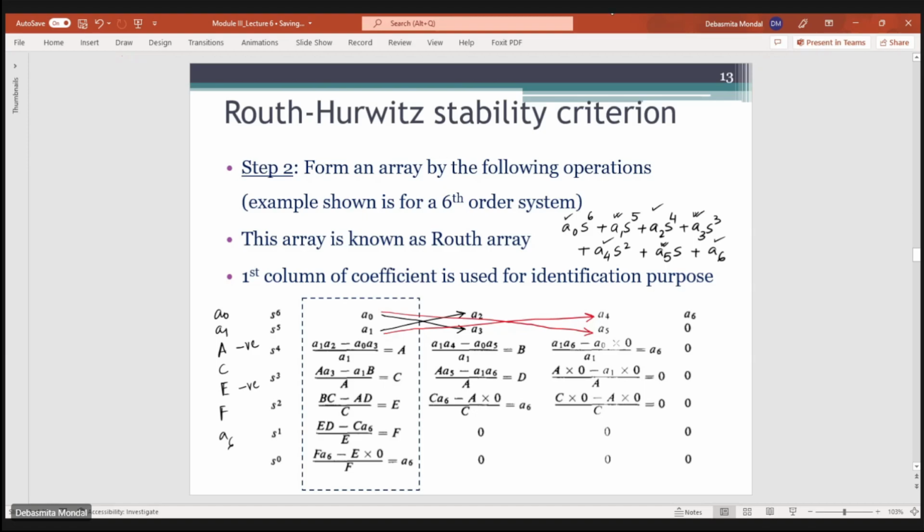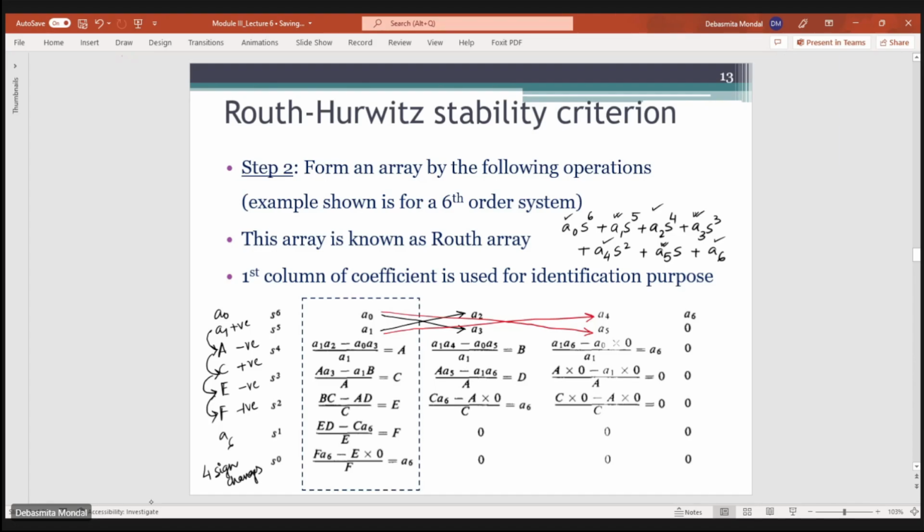So that means there is one sign change here. This is positive, so from positive to negative you have one sign change. Again, C is also positive, so from A to C you have another sign change. Again, from C to E, another sign change, and E to F, another sign change. So that means you have 1, 2, 3, 4. So you have 4 sign changes in the